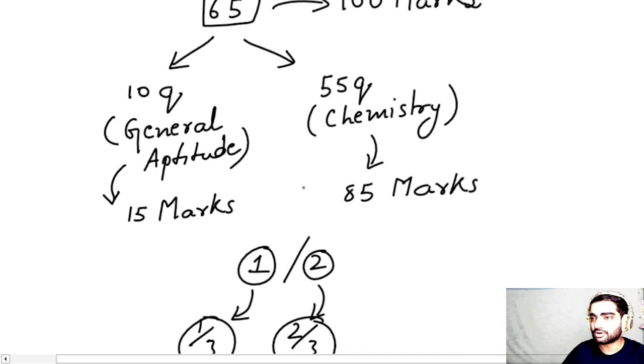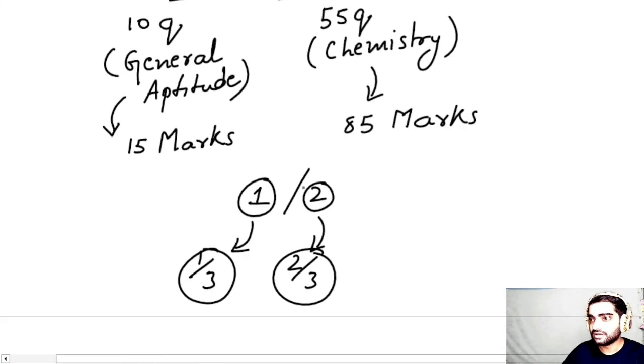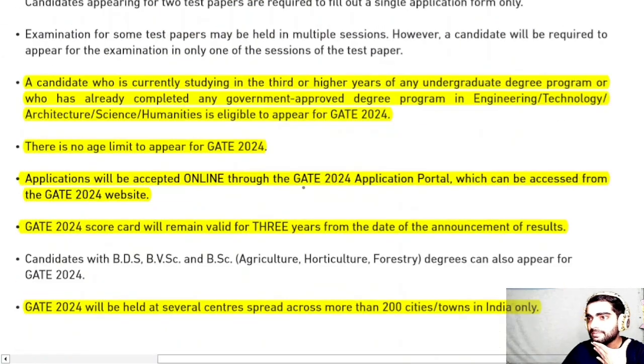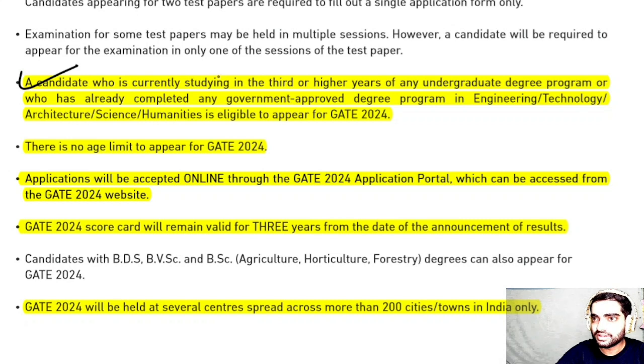So this was about the marking scheme of the GATE examination. We will be discussing this in detail in the later section of the video. But if I talk about some more important points, this is the eligibility. The candidate who is currently studying in 3rd or higher year. If I talk about science, if you are in B.Sc 3rd year, or in your master's 1st year or final year, or if you have completed your master's, you all are eligible for the GATE